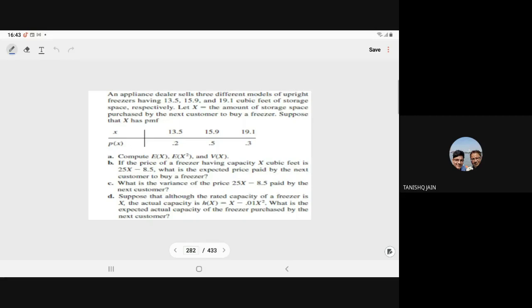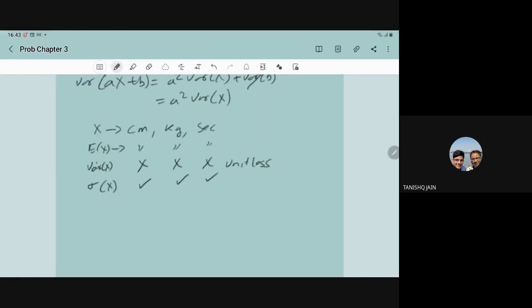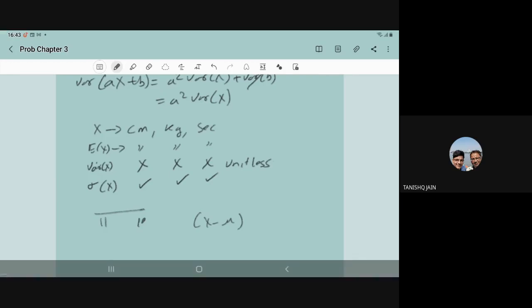So now when we are taking the square root, we are assuming the units of the difference, meaning when we are taking the difference. Here the average weight is 10 kg, observed weight is 11 kg, so 11 kg minus 10 kg you can do. Actually, when we are taking the square root, instead of x minus mu, we are computing (x minus mu) square. We are doing only the x minus mu.